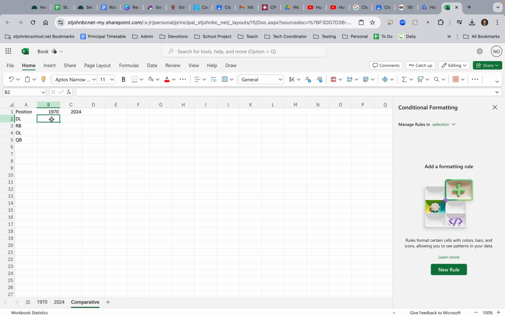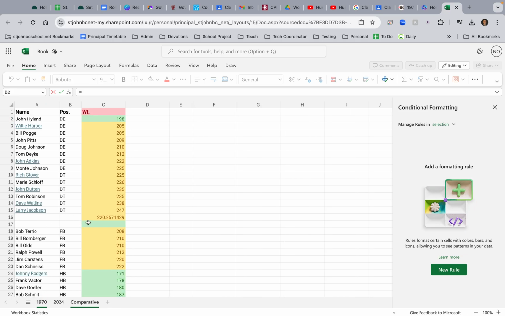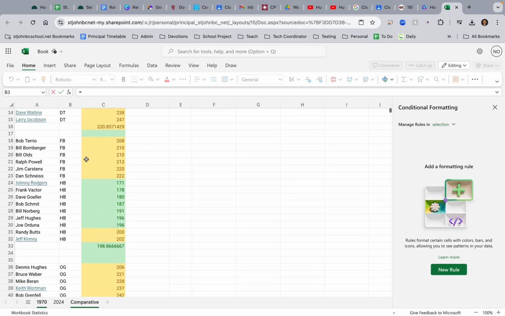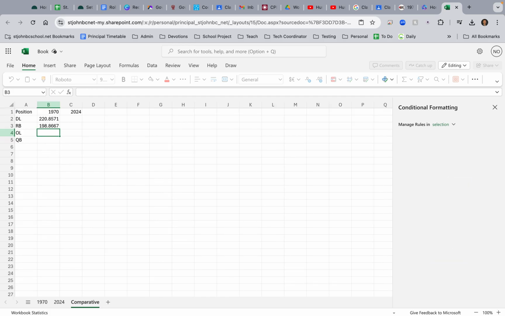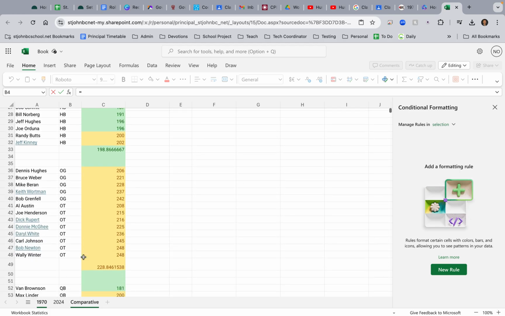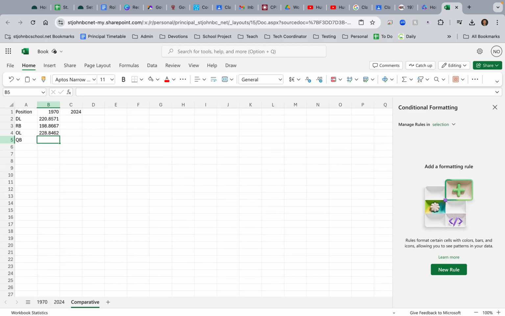I'm going to make this a relational formula. I'm going to go find it. I'm going to say equals. And I'm going to go find the defensive line average here. 1970, running back equals, go to my 1970 tab, go down, fullbacks and running backs are included, offensive line from 1970, average right there, and quarterback average,